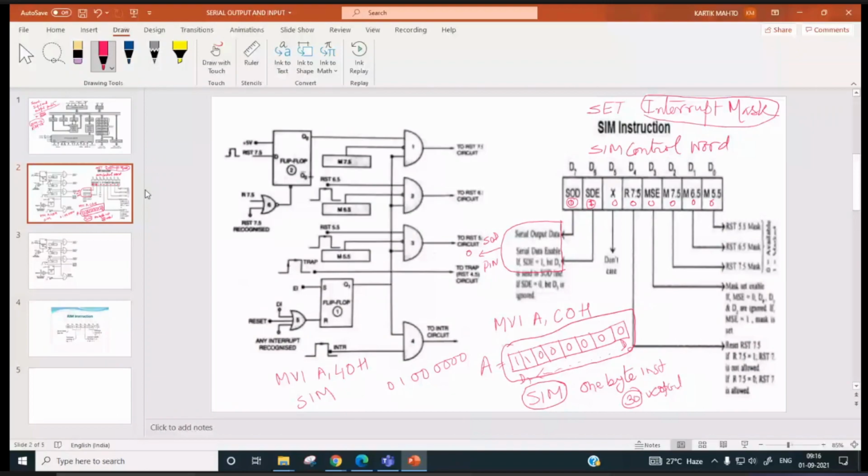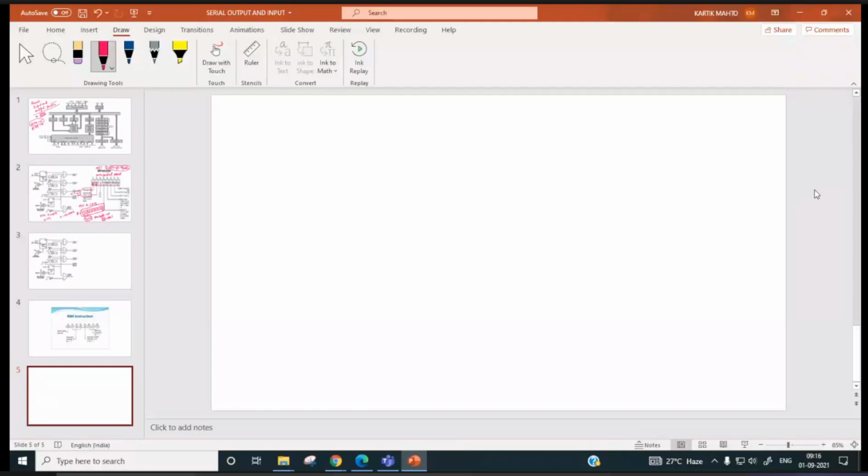Now I am doing this: LXI SP, 27FFH. So the stack pointer will be pointing to which location?